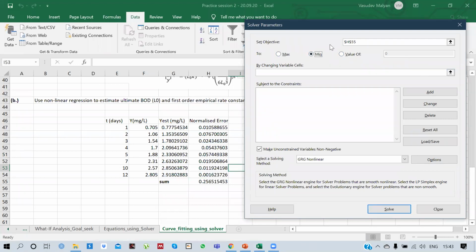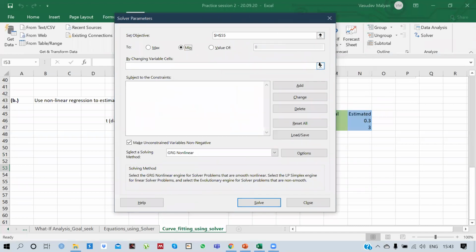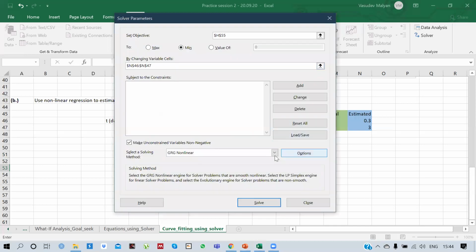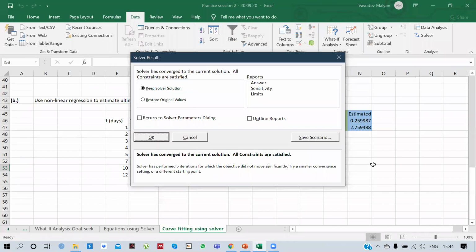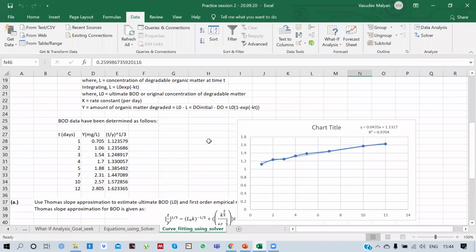We are trying to minimize this error, and we are changing these two cells, K and L naught. And you have to set it to GRG nonlinear, because it is a nonlinear equation, and we will solve this. And we have got our values, which are 0.259 and 2.75,